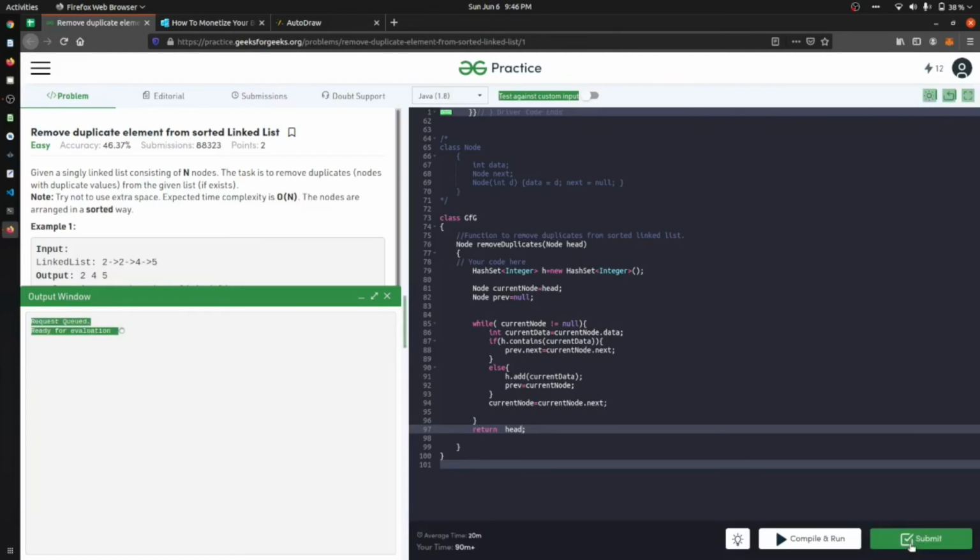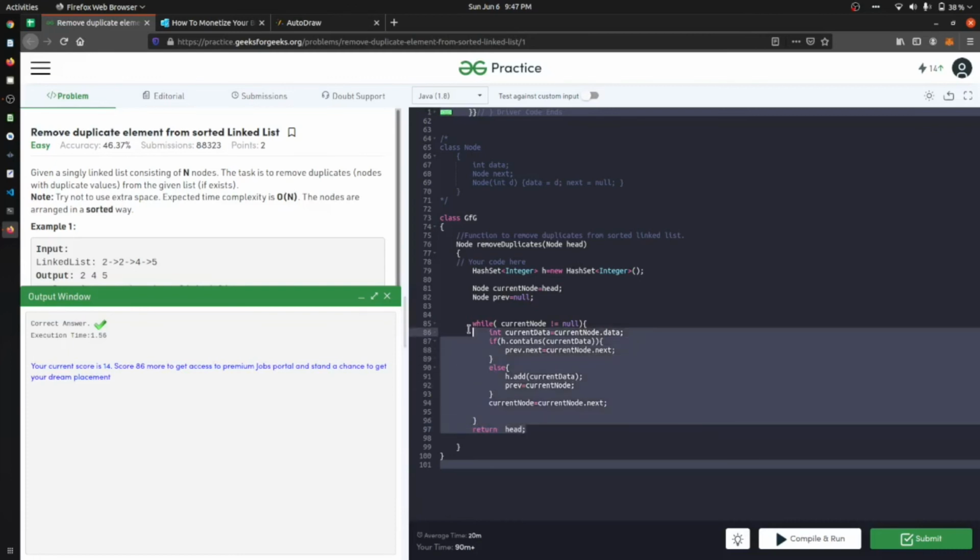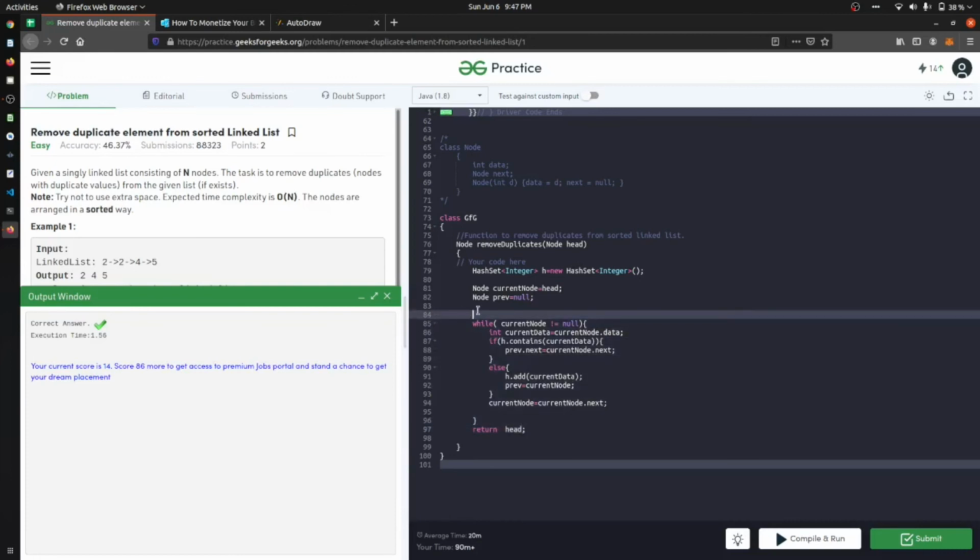Yes, you can see that we got our answer correct and we got an execution time. We can see that our solution is running in order of n time.